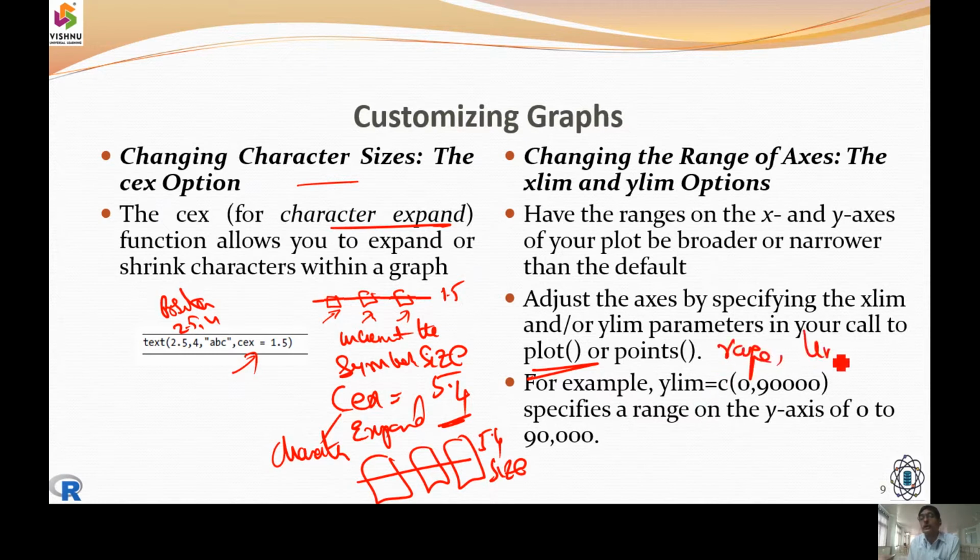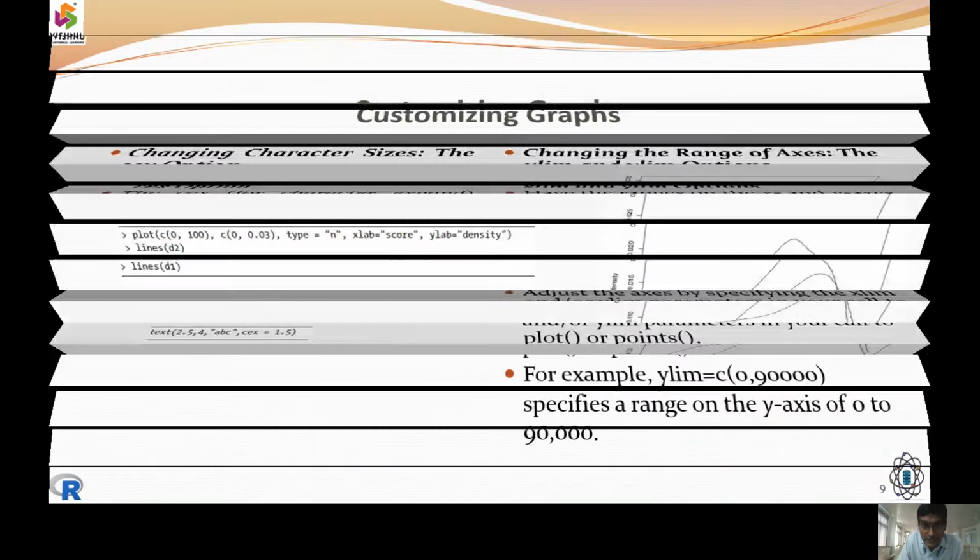We need to give a limit. So 0 is a minimum value, and 90,000 is a maximum value. So y-axis minimum was 0, y-axis maximum was 90,000. In this way, we are going to specify the axes.